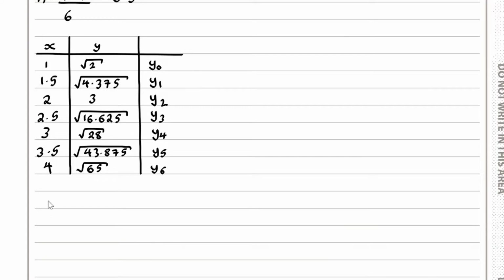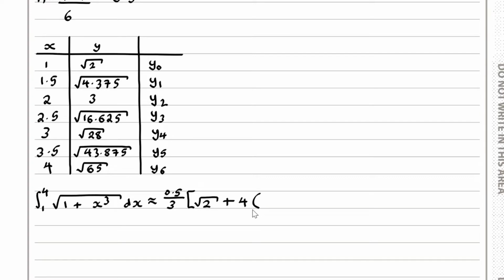So when we come to work out the approximation for the integral, we have the integral from 1 to 4 of 1 plus x cubed square rooted with respect to x. That's approximately h over 3, so we have 0.5 over 3 lots of the first y value, the square root of 2